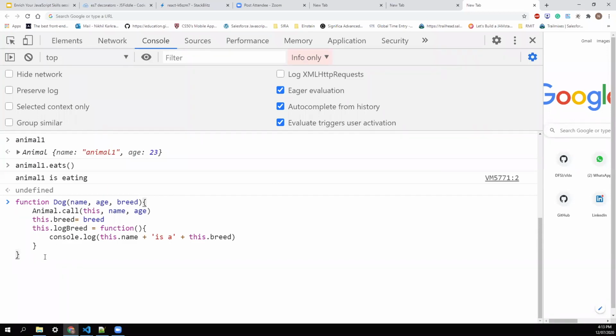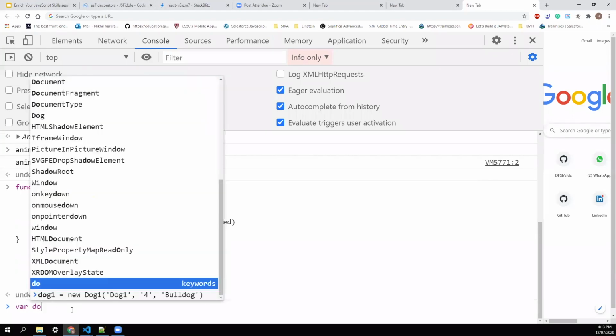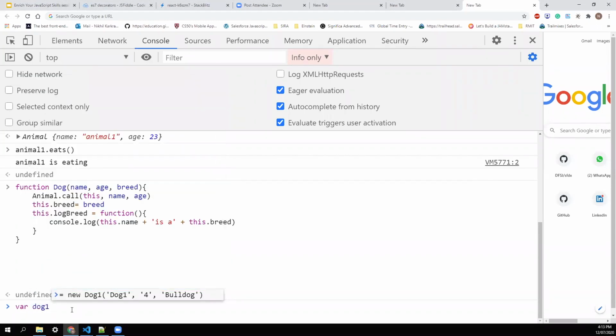And now let me hit enter, and let's create another instance using dog. We'll create dog1, and I'm saying the name should be dog1, age is 4, and breed is bulldog.